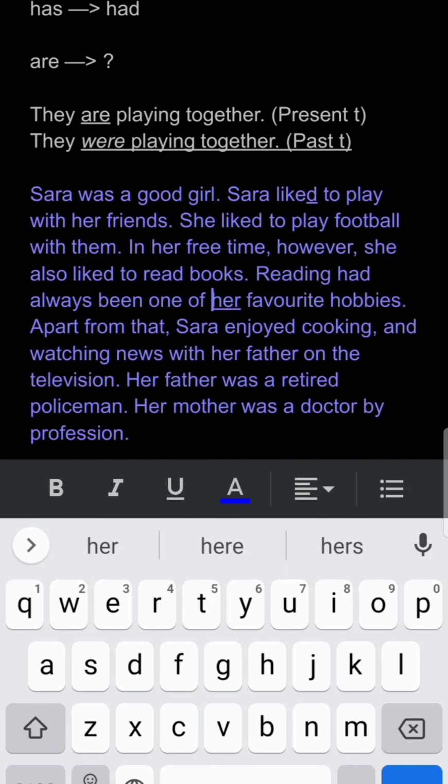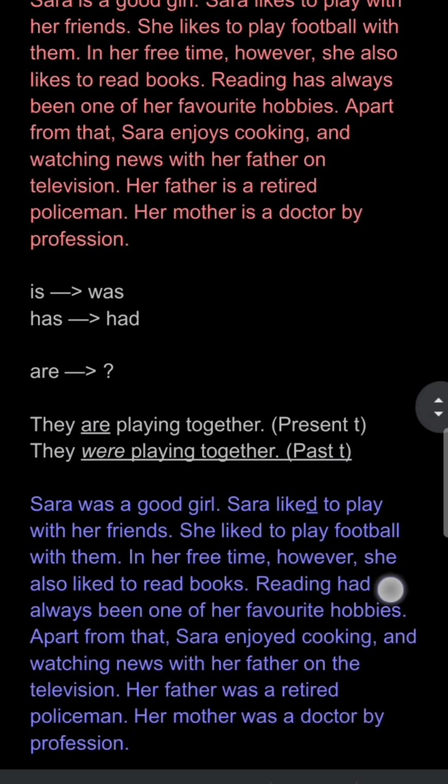Apart from that, Sarah enjoyed cooking and watching news with her father on the television. Her father was a retired policeman. Her mother was a doctor by profession. Okay. Now,